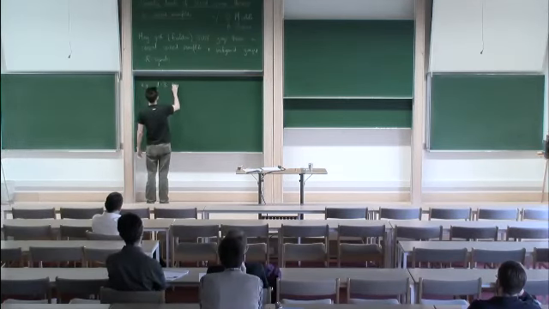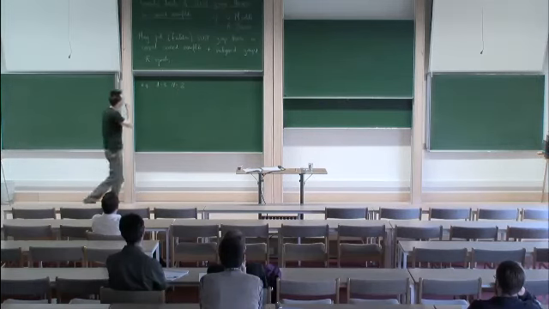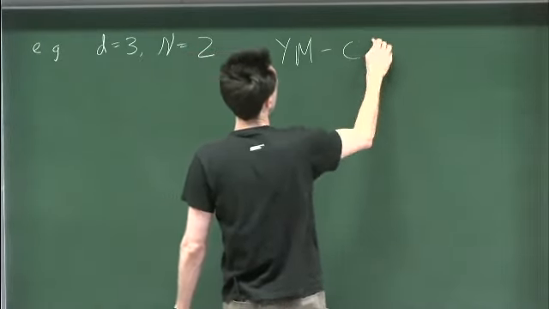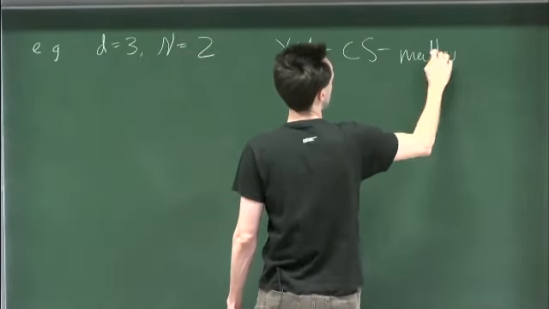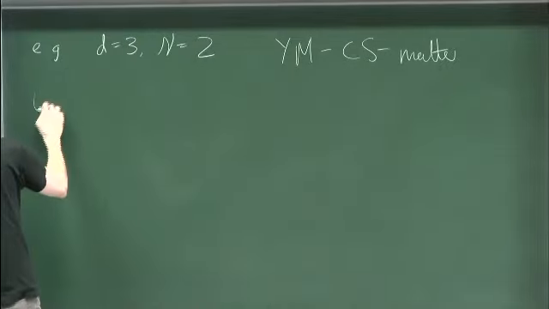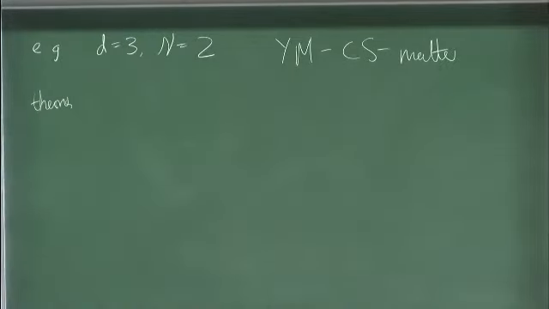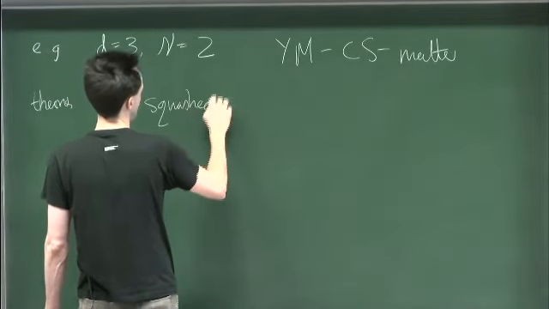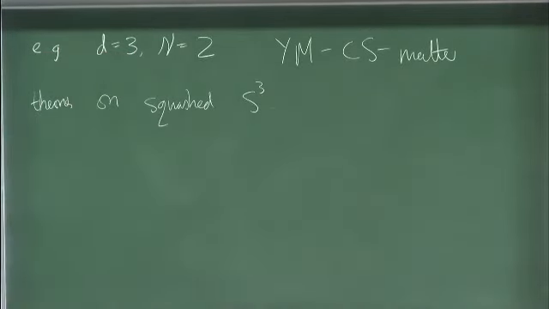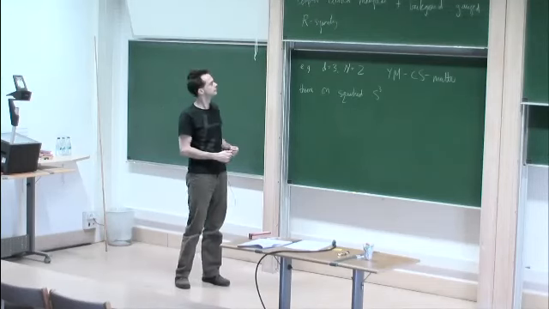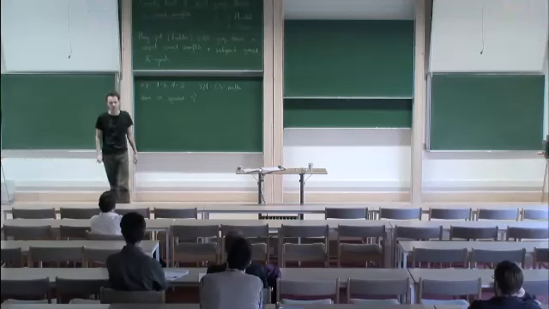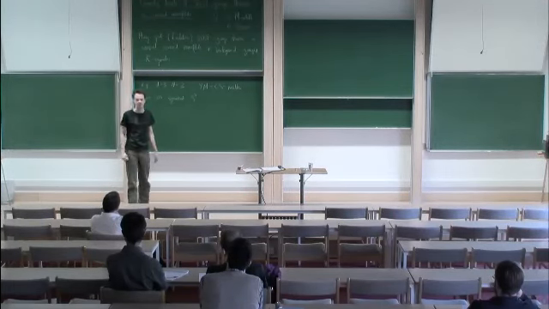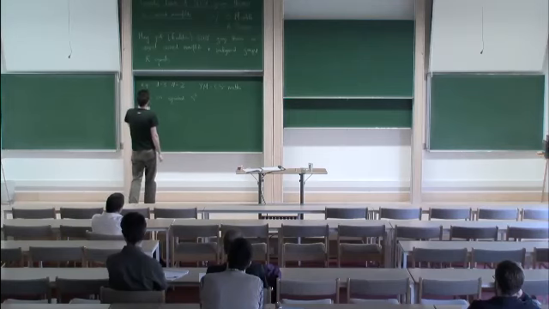All right, so I'm going to focus on three-dimensional N=2 Yang-Mills Chern-Simons matter theories, and it will be on squashed 3-spheres. Sorry if I can just interrupt. About that previous question, isn't it also harder to have Minkowski signature on compact manifolds? Yeah, sure, of course you would have closed time-like curves in that case.